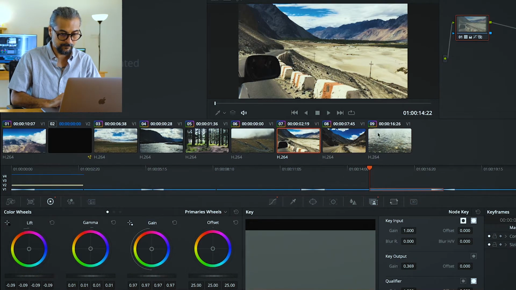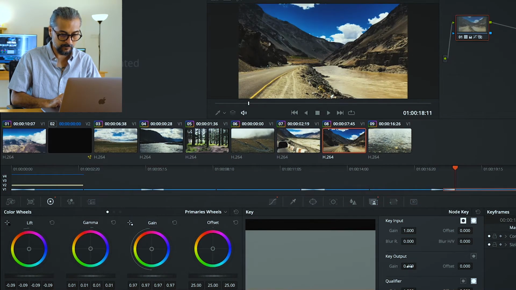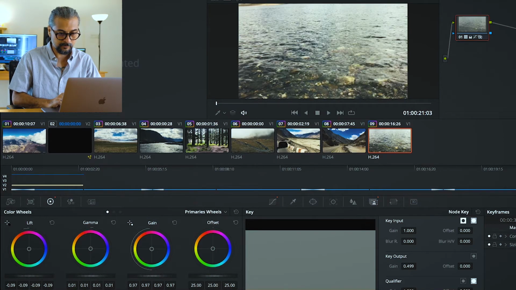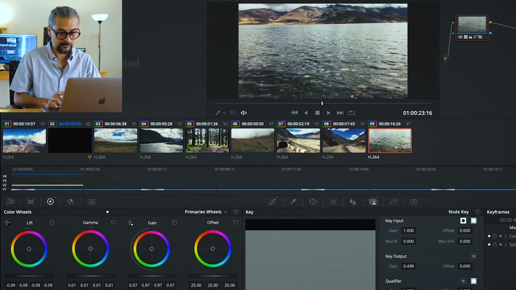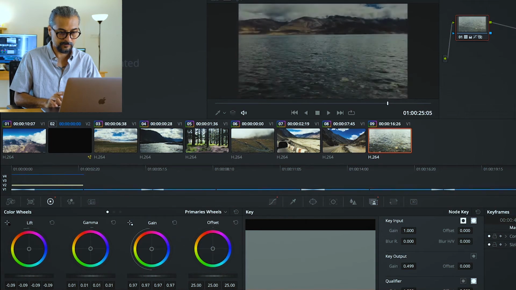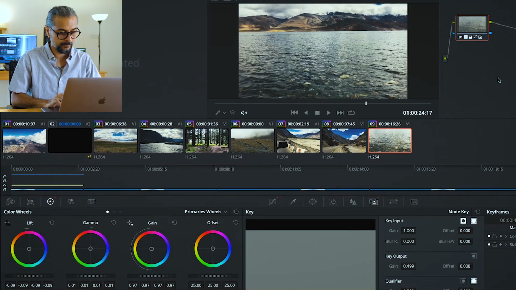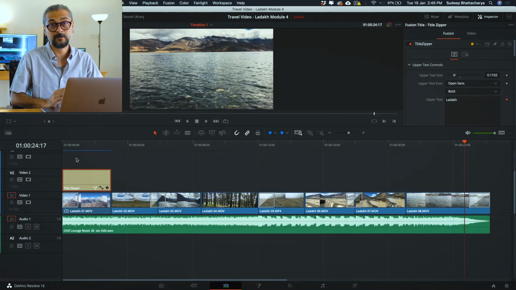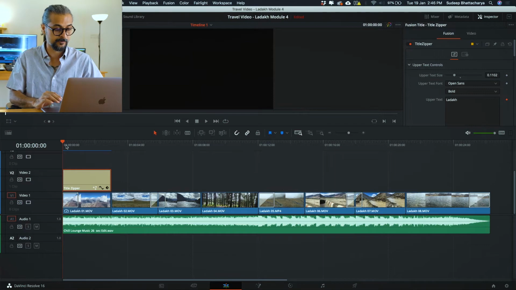With this one here, I'm going to bring down the gain. And the same thing with this clip because it's got a lot of contrast to begin with. And finally, with this clip here, I'm going to leave it as is. I'm quite happy with that. All right. So now, if you go back to our edit, you can see that the color grade has been applied to every clip, and you can play it back and review what the clips look like after the grade and the LUT applied.